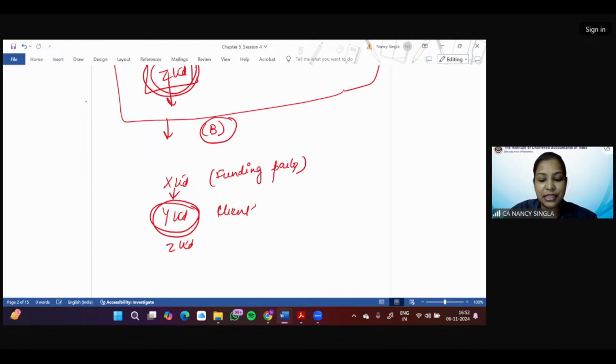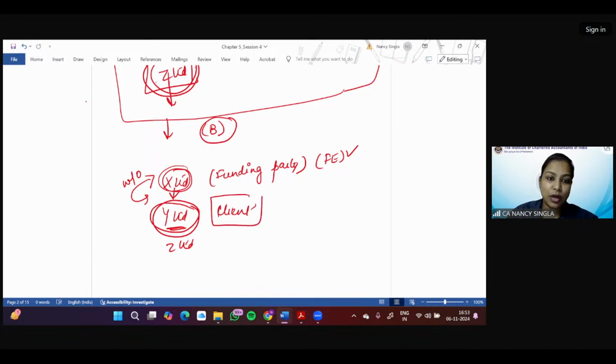So the company had received any funds from any person or entities, including, and this can be what? Foreign entity. And there is an understanding between both of them, which can be in writing or otherwise, that the company shall, so the client shall do what? Directly or indirectly lend or invest in other persons identified in any manner whatsoever by or on behalf of the funding party, the ultimate beneficiary, that the entity has been identified by X Limited, or provide a guarantee, security, or the like on behalf of the ultimate beneficiary, the company shall. So our client shall